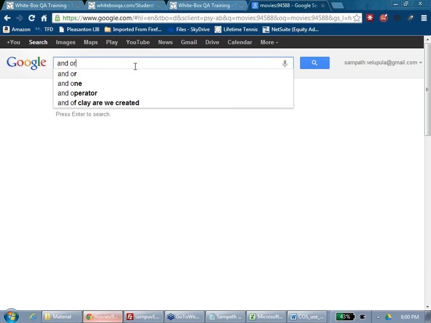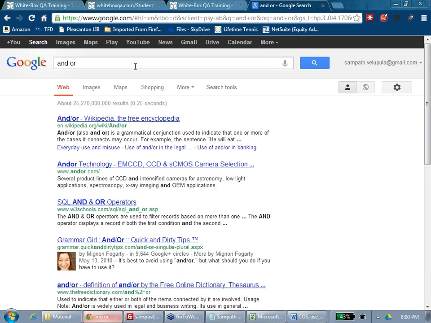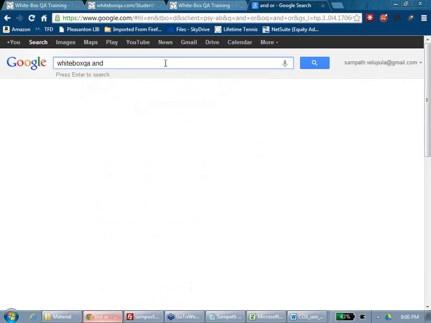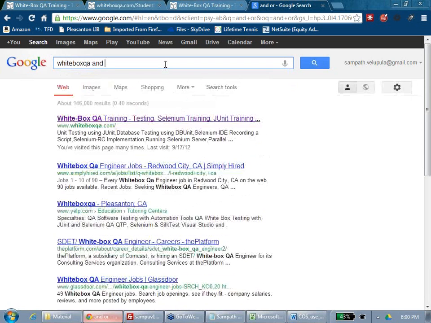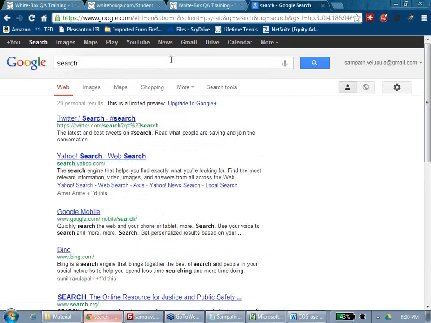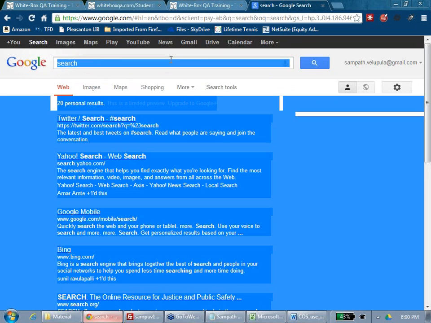And if you type with and or, you won't get any results. What is this and? For example, if you are searching for QA and, let's say search. Okay, so Twitter search came first, not Google search.